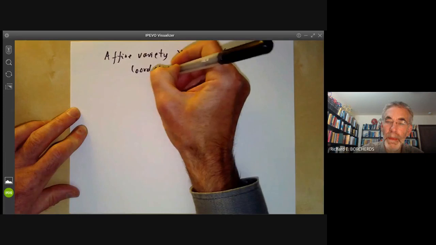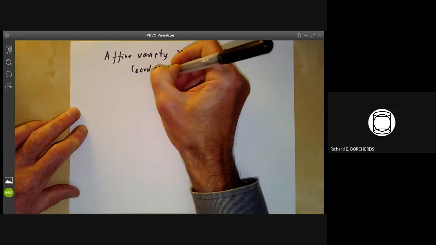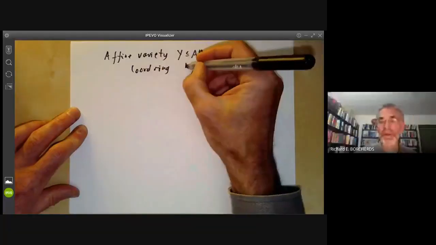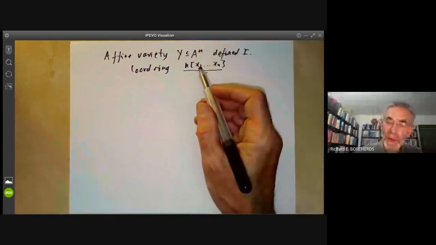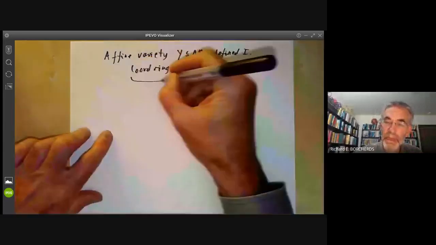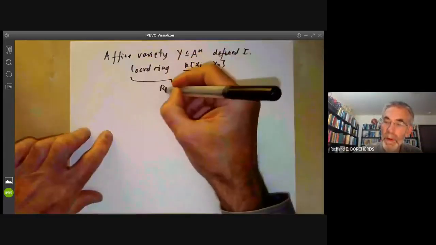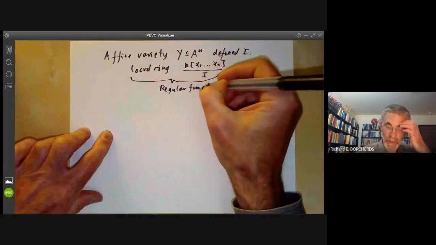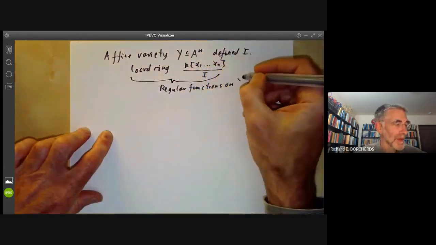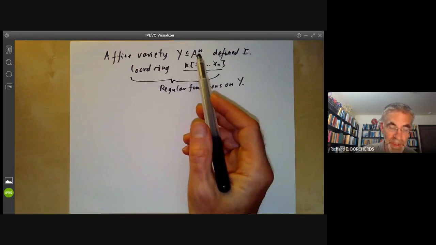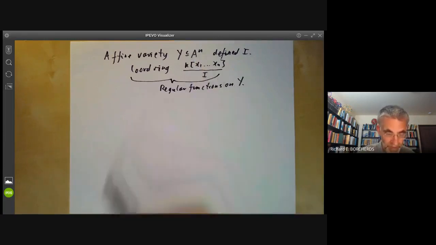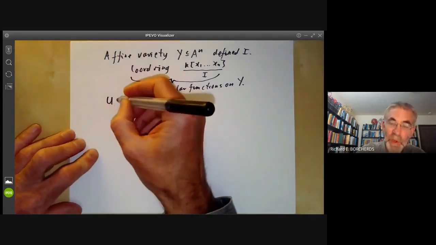of Y is the polynomial ring. We can think of this as being polynomial functions on affine space restricted to Y. And this coordinate ring is going to be the ring of regular functions on Y. So for affine varieties, or for that matter for closed subsets of affine space, regular functions are just restrictions of polynomials. Fine. Well, more generally, we want to define regular functions whenever U is an open subset